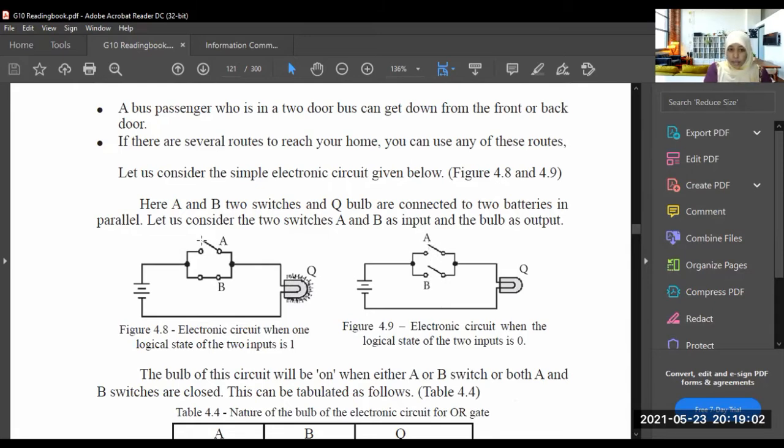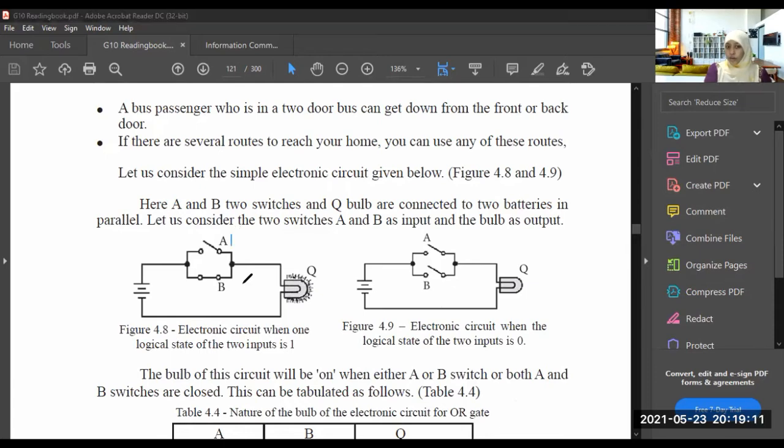So, if I close the switch A, that means if I turn on the switch A, for an example, and if B is not on, if it is off, the current will go, right? The electricity will go from here and the bulb will be working. Likewise, if you turn on B and turn off A also, the bulb will light. Understood? But if you didn't turn on either of the switches, then the bulb won't work.